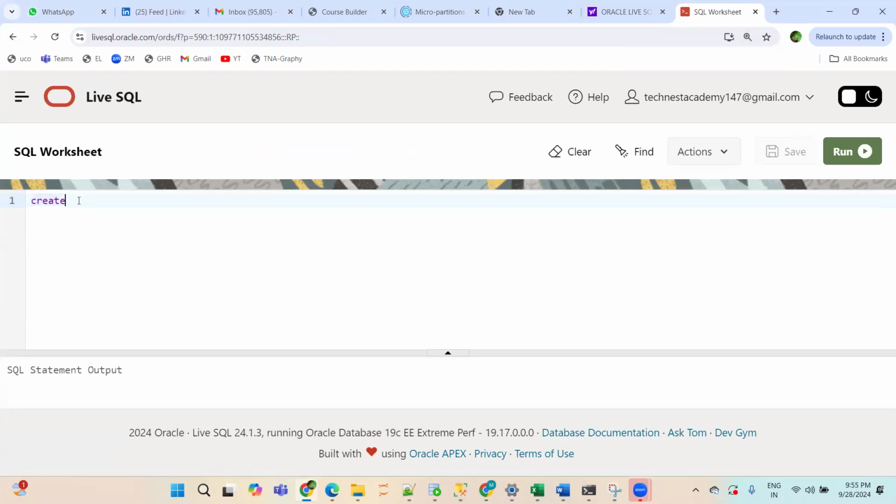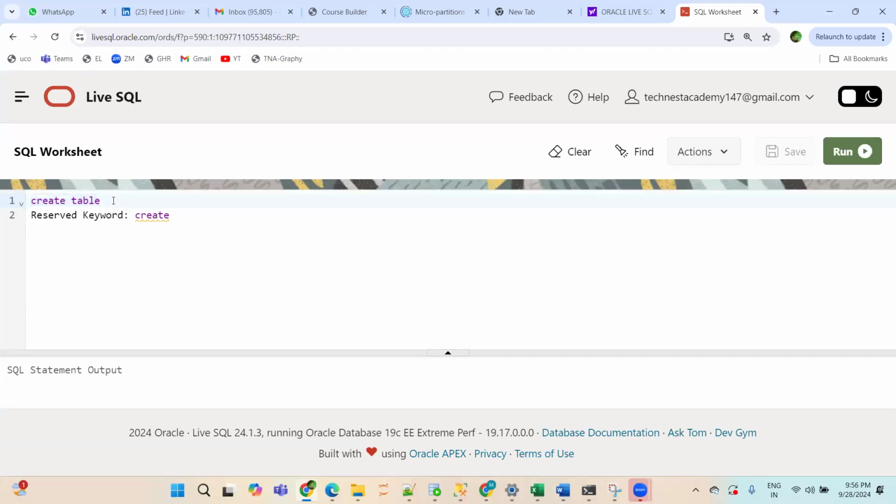So you have to write create. Now, the moment you write create, and this create is a reserved keyword. What is a reserved keyword? I will explain it. The SQL engine, which is nothing but the main brain of SQL or the database, will understand that your user wants to create something. Then what do you want to create? A table. So you have to write table. When you write table, the engine will understand that Tanveer wants to create a table.